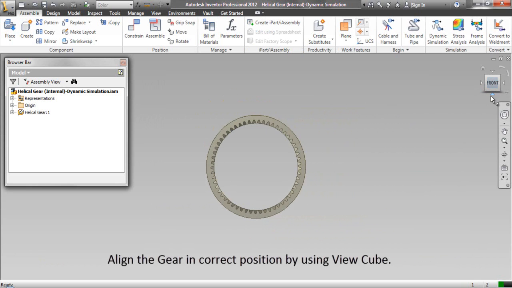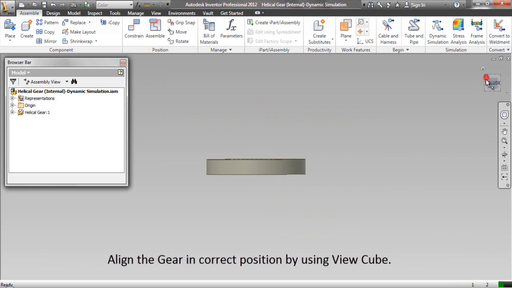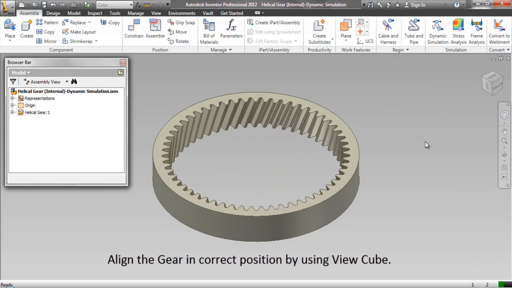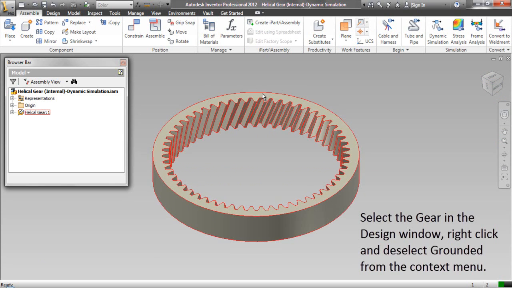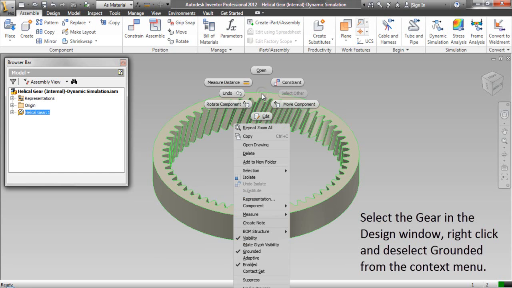Align the gear in correct position by using View Cube. Select the gear in the design window, right-click and deselect grounded from the context menu.